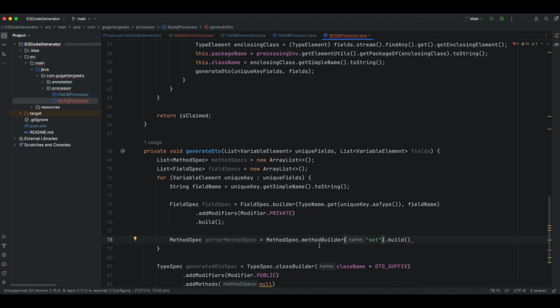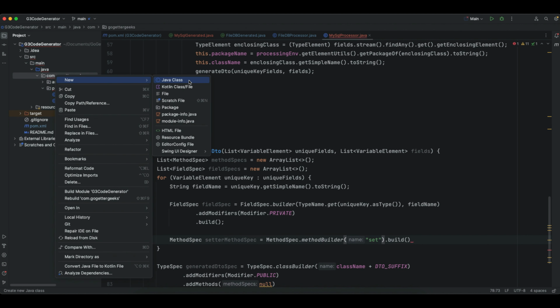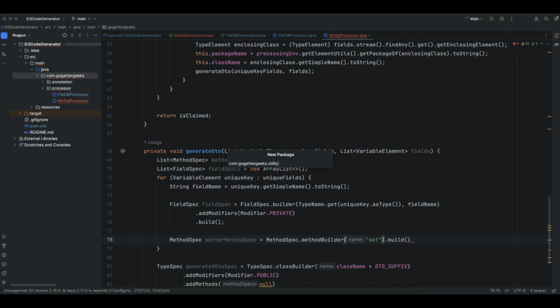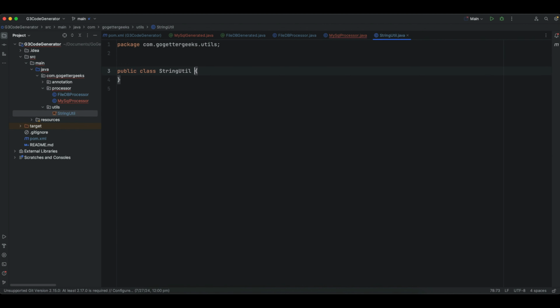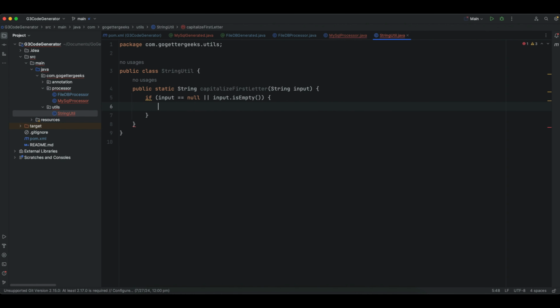Now, while building this method spec, we'll also need to provide the name of the method, which follows the camel case in Java. So let's go ahead and create a string util class which will contain a static method which can generate the camel case strings for us. So I've created this capitalized first letter method,